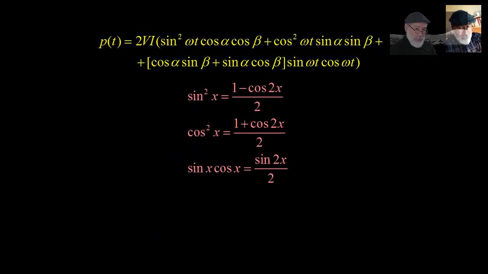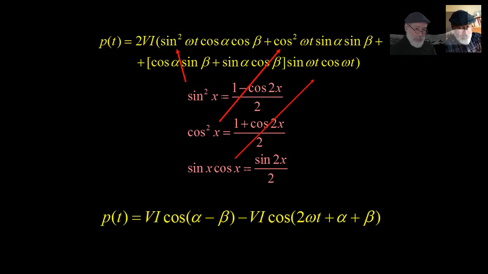Let's copy that to the top of the next slide. There are three other identities we've learned in high school that let us replace sine square, cosine square, and sine cosine by functions of twice the angle, by functions of 2 omega t. After simplifying the formula a little bit, we get that the power as a function of time in an AC load is the sum of two terms, a constant term, V I cosine alpha minus beta, and a sinusoid, a function